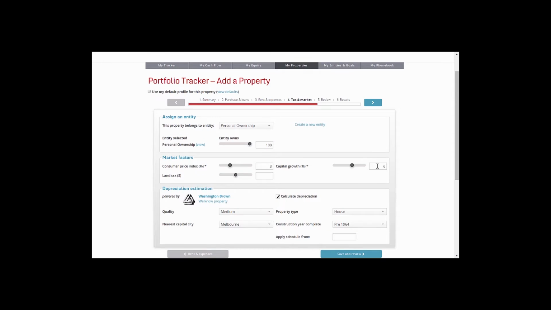On the tax and market screen, we have the ability to confirm the ownership structure. If you've created additional entities, you can choose the entity that you'd like to hold the property within from this drop down, or if you forgot to create it, you can create a new entity directly from this screen. Today's property will be a personally owned property, and we're saying that the personal ownership structure has 100% ownership of